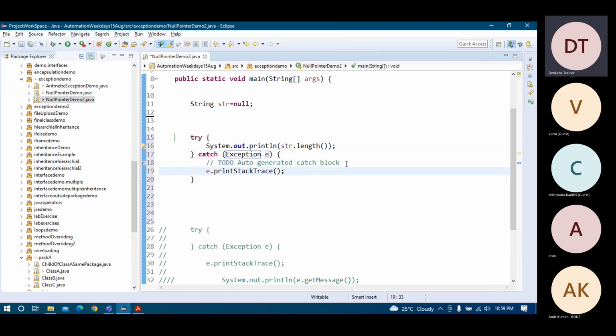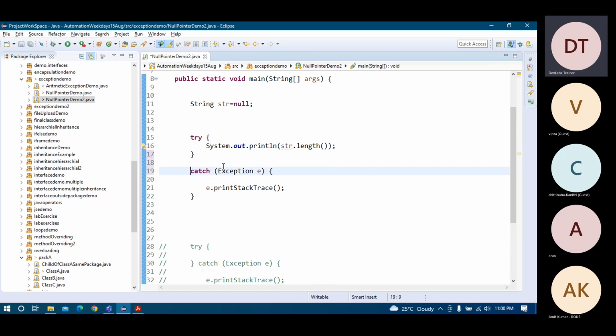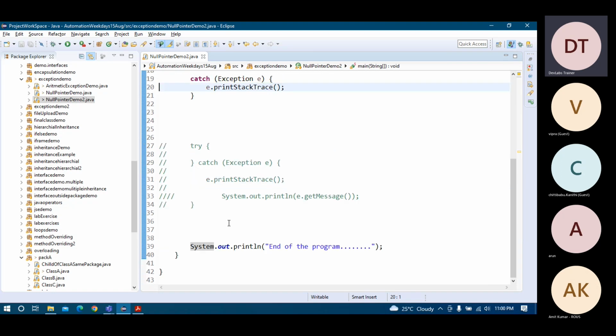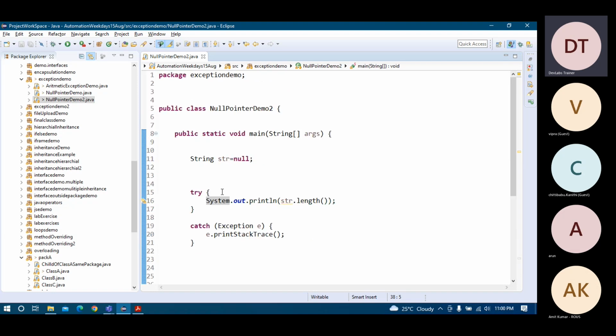So most of the things will be done automatically. There's no need. So what I am doing is putting it into the try and catch. So try is to detect the exception, and catch is to handle the exception. So it will automatically insert these lines of code. If some exception occurs, it will be handled, and this line of code will be executed. So if this is executed, it means your program successfully completed without any